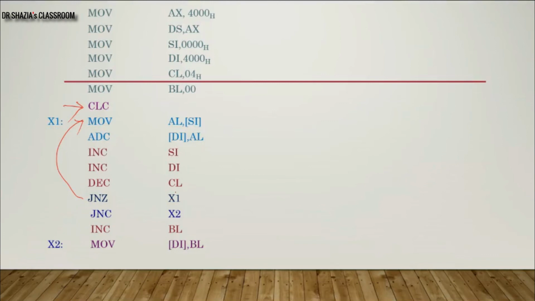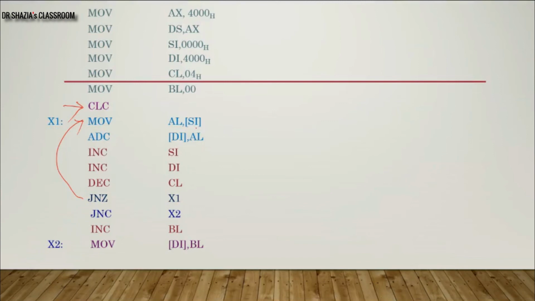So decrease CL, as we have completed only one byte of data addition, CL will be decremented from 04 to 03. As the result is not 0, jump if not 0 will be satisfied, and the program will branch to the label X1.